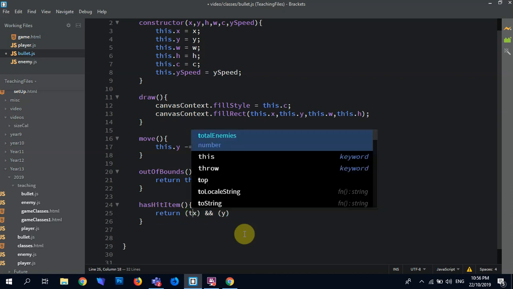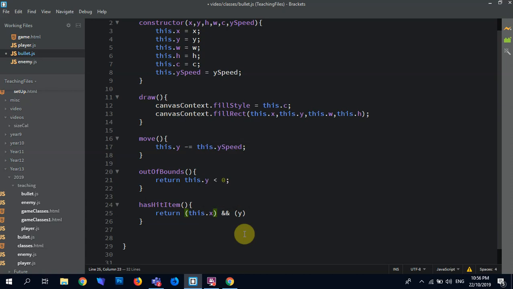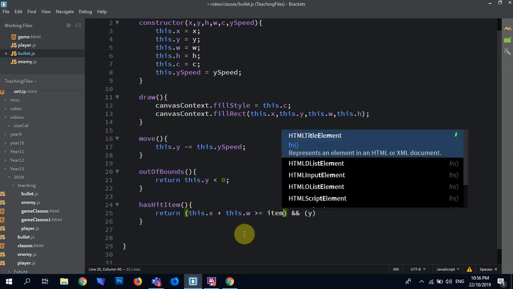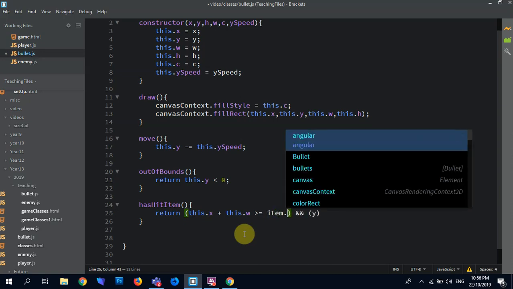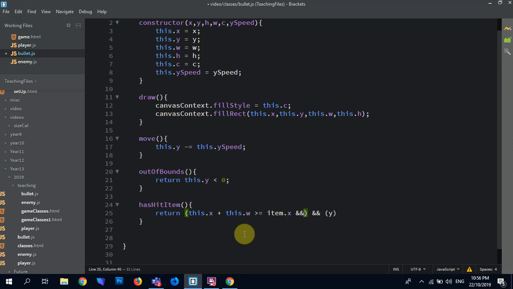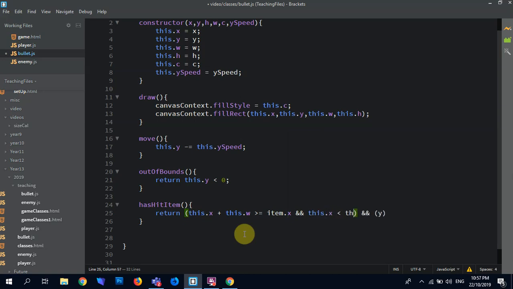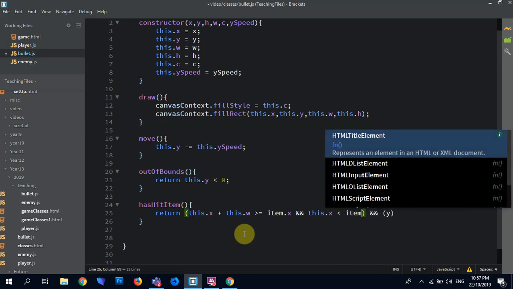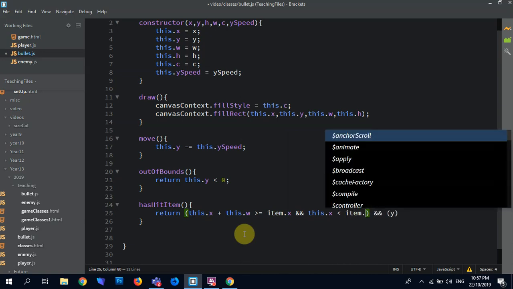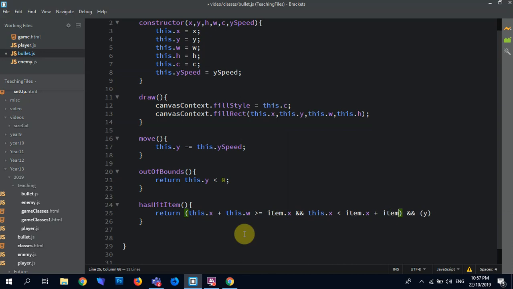So this will be this.x + this.width is greater than or equal to whatever the item is.x, and this.x is less than item.x + item.width,